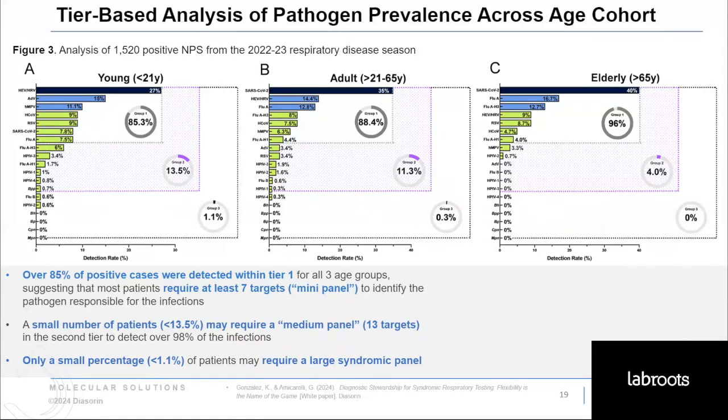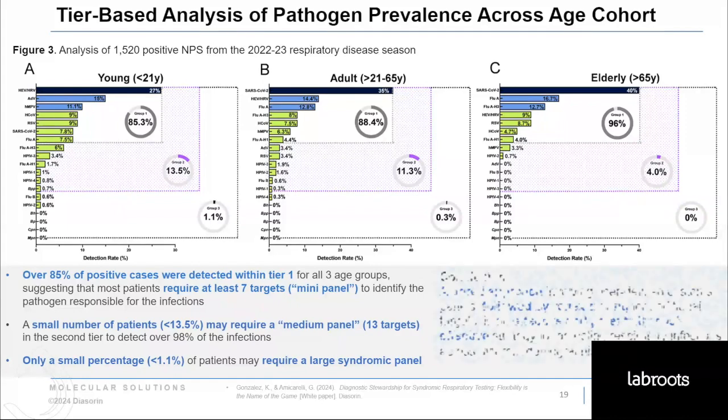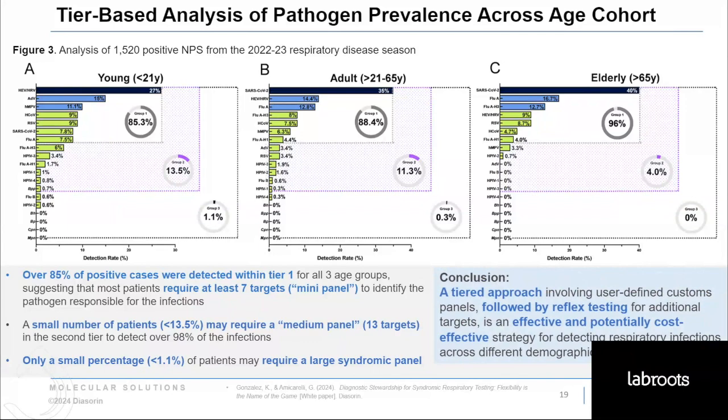What about then using the typical fixed large syndromic panel? For the young, this would identify the remaining 1% of these infections. For adults, it would identify the remaining small number of 0.3%. And for the elderly, it would have been unnecessary, seeing all the infections were actually captured in the first 2 tiers. So what the data tells me, right, is that a small number of patients may need to reflex to